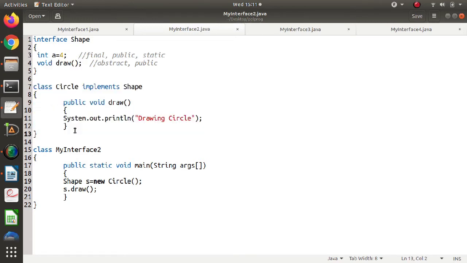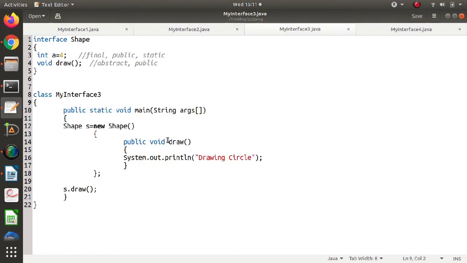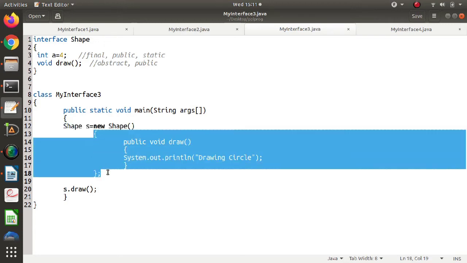Now there is one more way to implement an interface, by using anonymous classes. Look at this example. So here we have not written any class to implement this interface. Instead of that, here you can see while creating the object of this interface, here only we are implementing it.